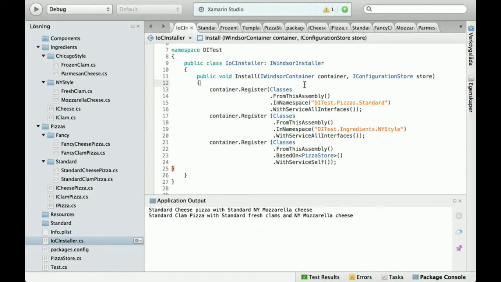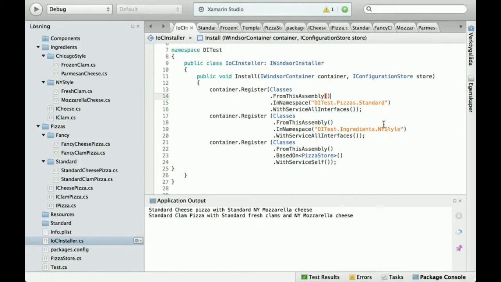So the framework scans all classes in the currently loaded library or assembly, restricts itself to a certain namespace, and registers all interfaces of all concrete classes. So standard pizzas and New York style ingredients,